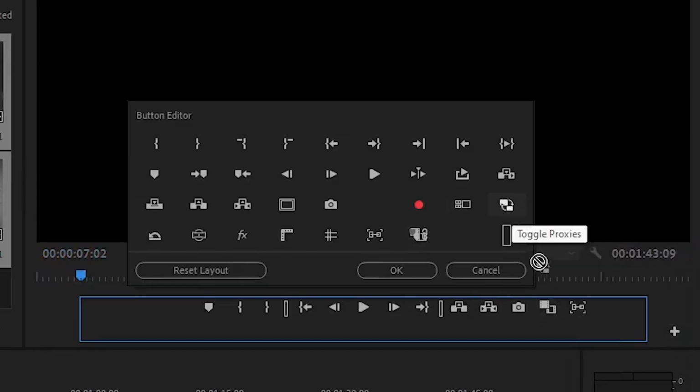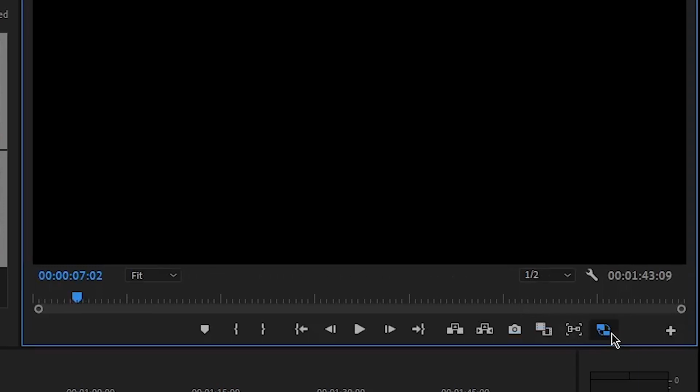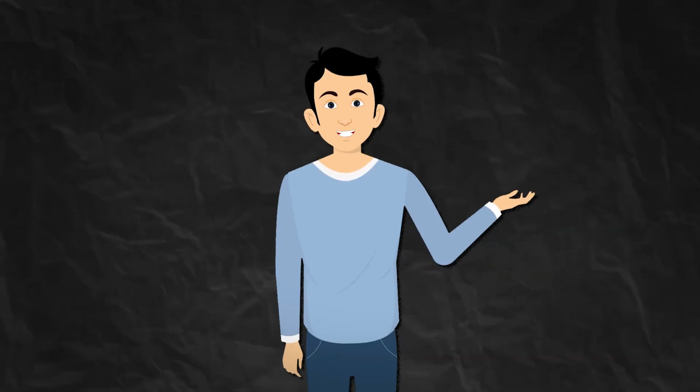Now how do we work with these proxies? Well, go to Program Monitor and click the button editor. Then drag Toggle Proxies button next to the others and click OK. With this button, you can toggle between the proxies and the original video, and that should be a lot